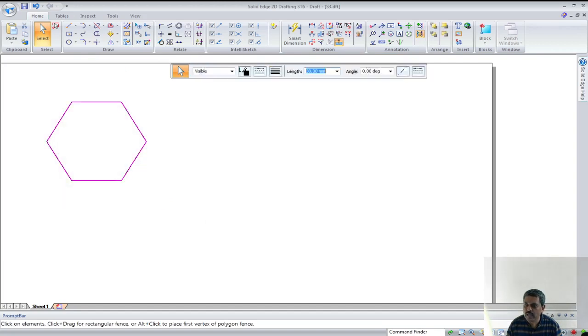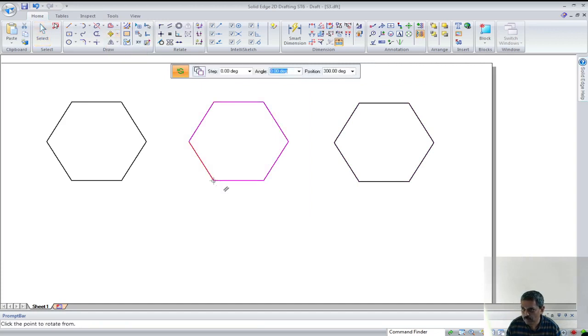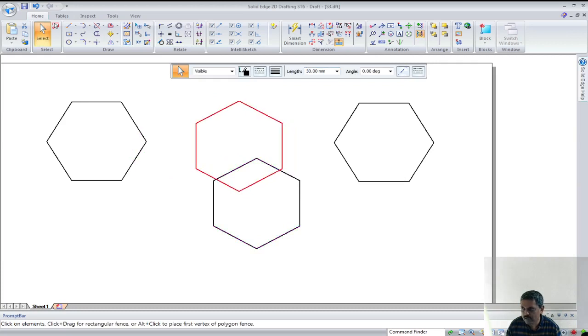How do I make one of the sides vertical, or one of the sides at some angle? I just copy and drag and drop, control drag and drop, holding down the left mouse button. Of course you can select this, and do the same thing like rotate, and pick one of the end points of the horizontal line and another end point. Either you can move it up or move it down. When it's vertical you can click and keep it.